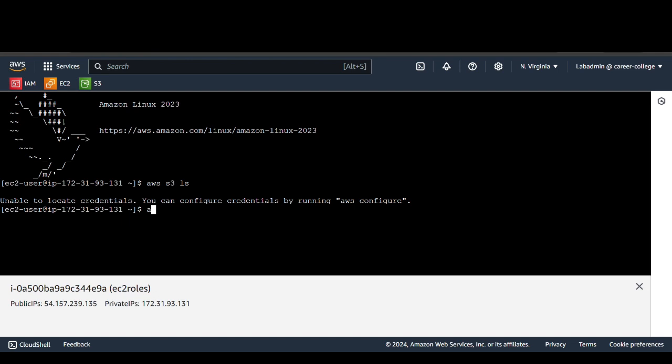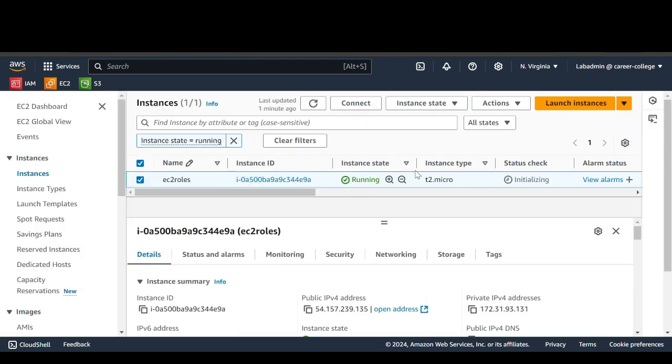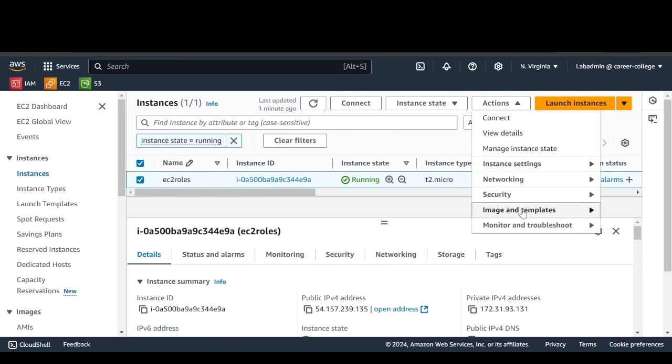Similarly, another command which I will run for IAM is list-users. Okay, here also it is giving unable to locate credentials. So let's go back and attach an IAM role to our EC2 instance and run the same command and see the output. So security, modify IAM role,